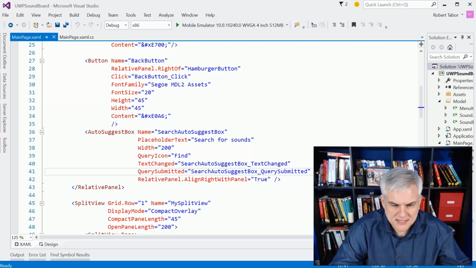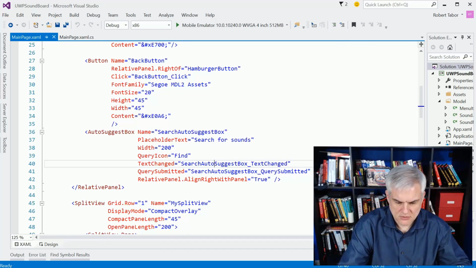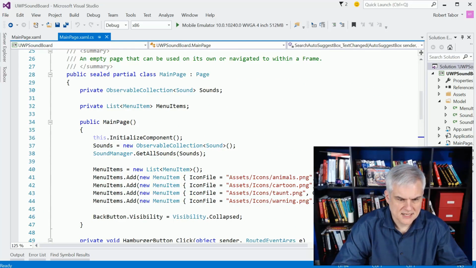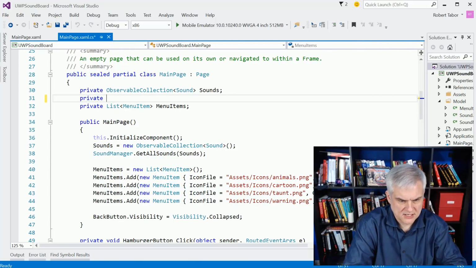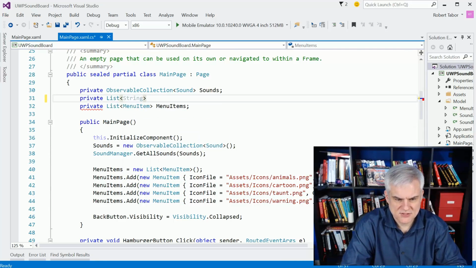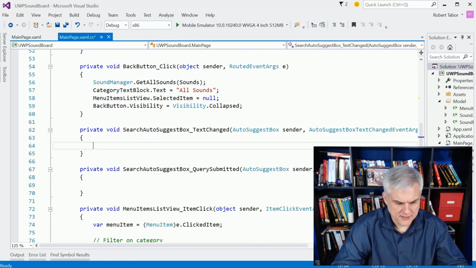Alright, so to implement this, we have two events to handle: the text change and the query submitted. So let's go ahead and get started in there. What we're going to need is another, let's stick it in the middle here between these two, another, I think this time it's just going to be a list of string called suggestions. And I'll populate the suggestions with whatever we get back from,